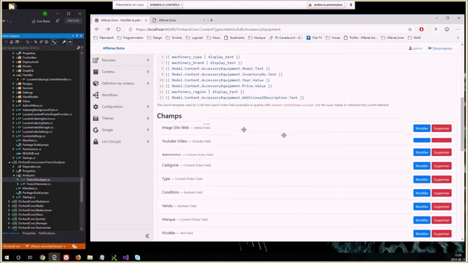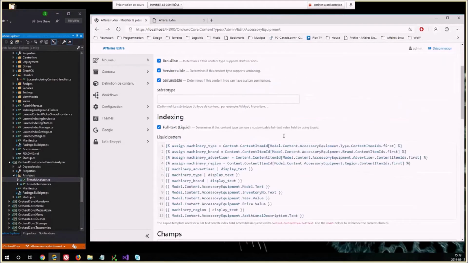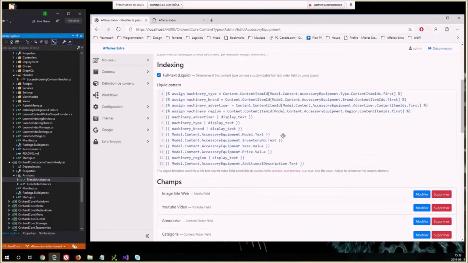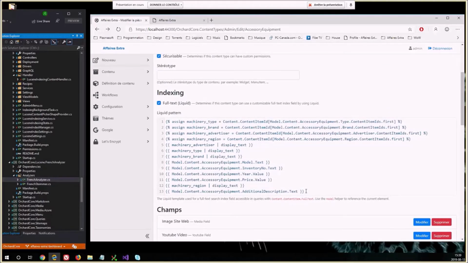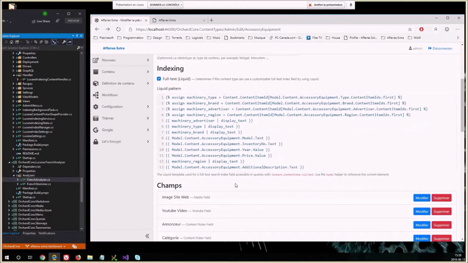that's this. That's a new option in the type settings that lets you define the full text using a liquid template. And here it just says, whenever I want to find this content item, I want to search for all the content of these fields. It's creating a new line so that the analysis phase of the text will take it as a different word. And then in the end it contains all the words that are interesting to find this content item, including every related item that will have their properties, descriptions, titles, included in this one.